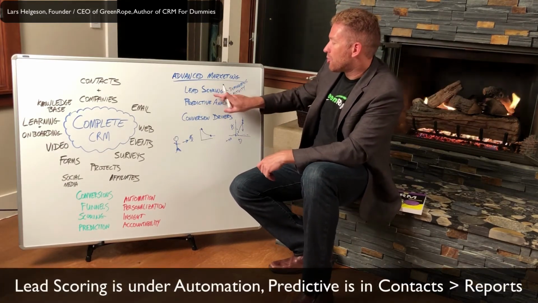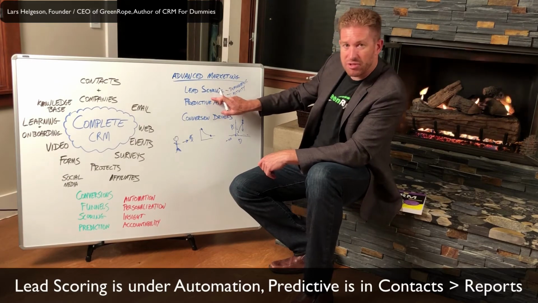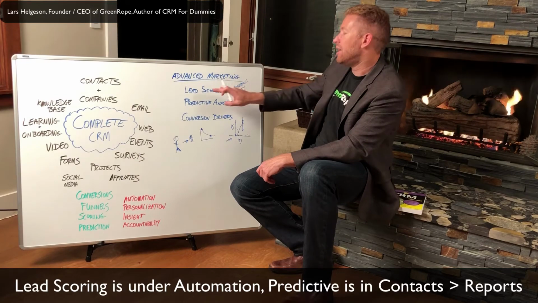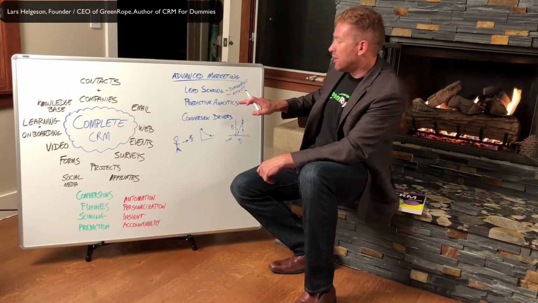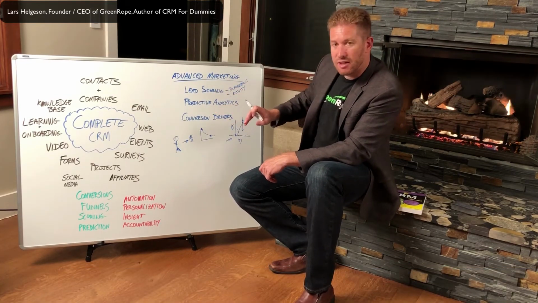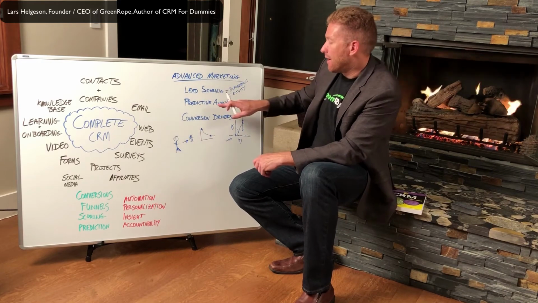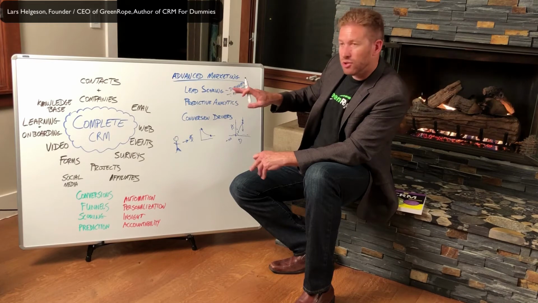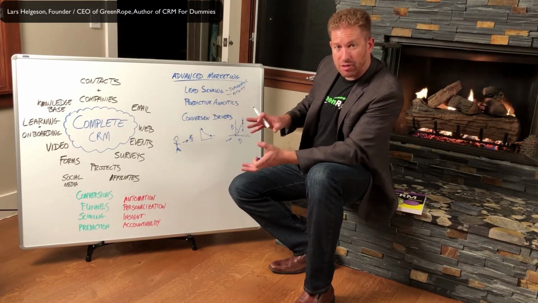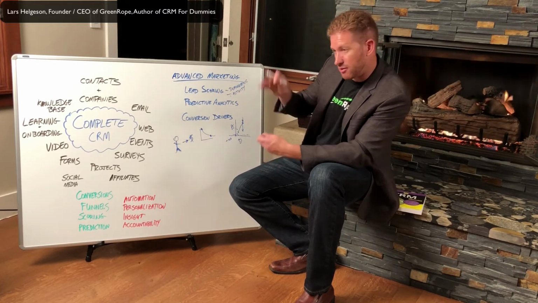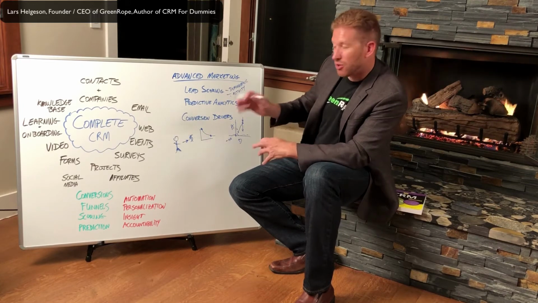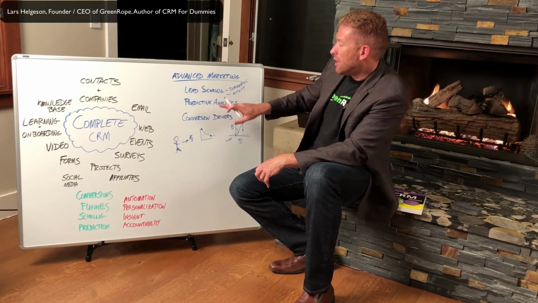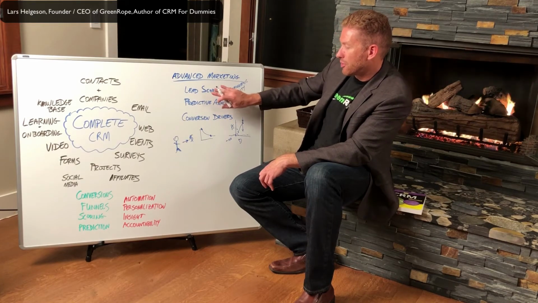So these are both categories underneath the automation tab within GreenRope. So in lead scoring, you can set up your lead scoring rules, you can set up all of your automation. And then predictive analytics is also a separate tab, also under automation, but it allows you to look and automatically build that model. So all you gotta do is just click the button and then it'll come up with the model. And then you can also apply that model to a particular group. And so both of those are their own separate pages.